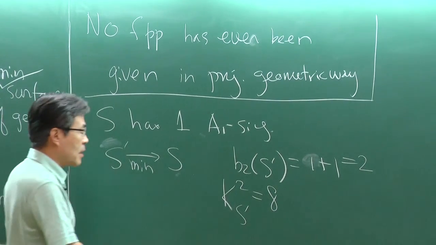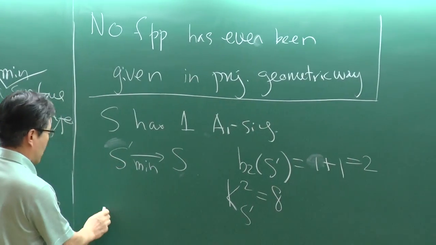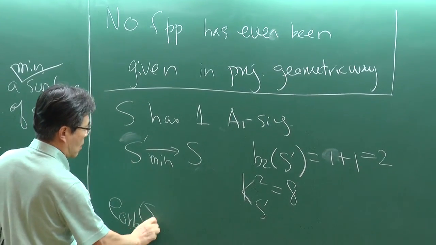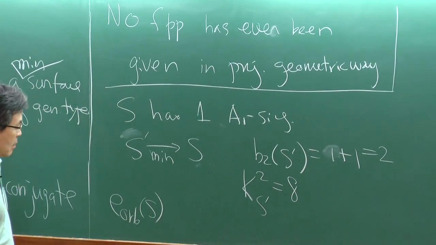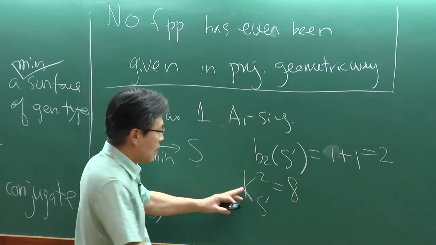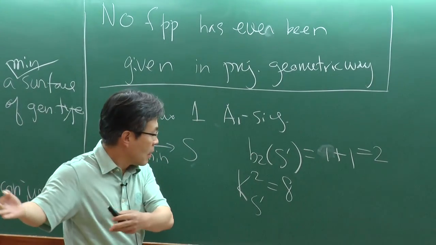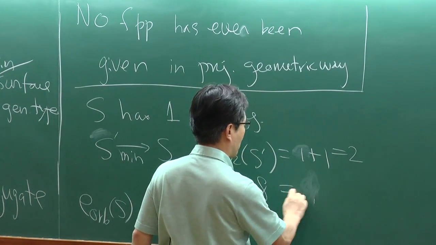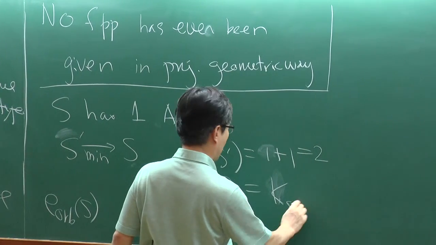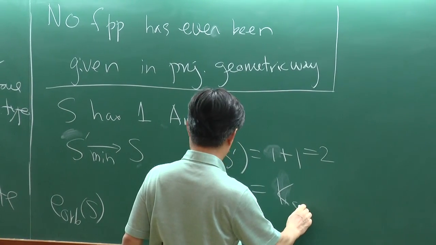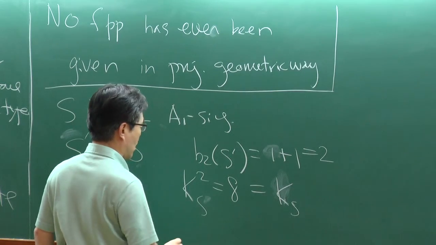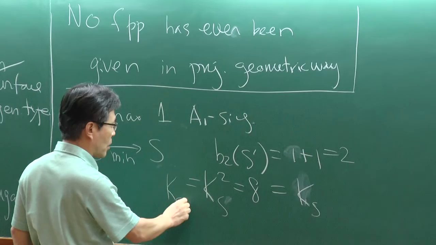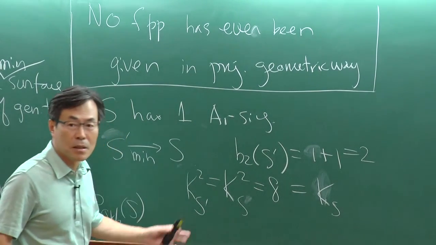But on the other hand, what's so-called the orbifold Euler number, this is in Professor Kollár's terminology, this is nothing but, I'm sorry, this is equal to, in this case, this is a rational double point, so this is equal to this,